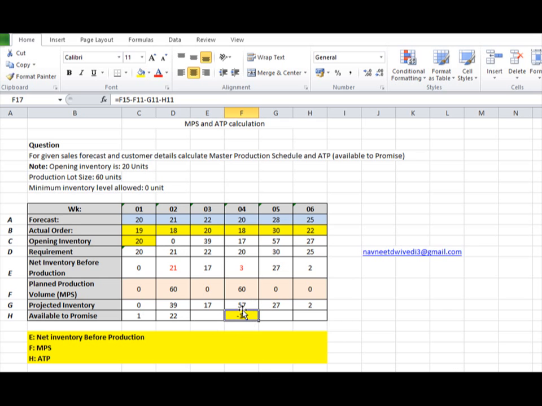Whenever this is positive or zero, it means that whatever we are producing in this week, or whatever we are getting through the MPS cycle, we will be able to fulfill the requirement, whether we are having our backlogs or whether we are having surplus quantity or not. So this was the main thing that I wanted to convey to you, what's the main significance of this negative 10. Hope you got the thing that I wanted to tell you.